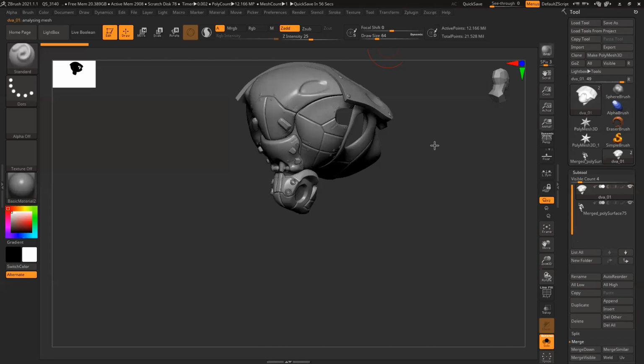Now I'm decimating. I can do it on each individual part. That is also fine, but that will be too much work, like repeating the same decimation process again and again for each and every individual part. So I can combine everything and decimate it at once.